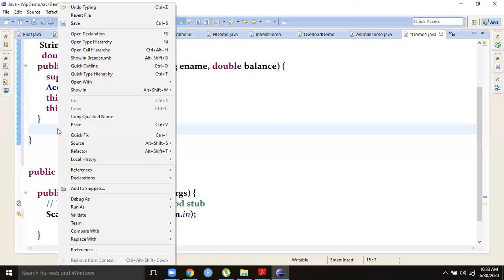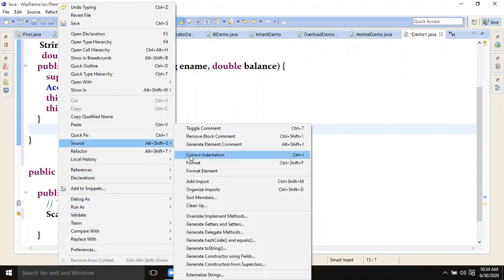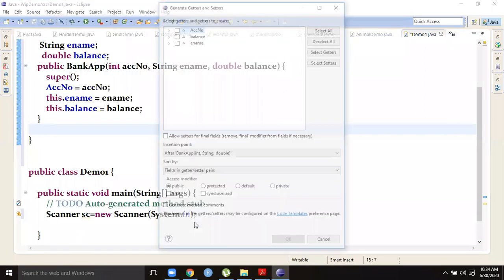Now if you want getters and setters, a getter method will be created for each individual variable: get balance, get name, get account number, like that, with the get prefix. Setters are methods created with the set prefix. So go to Source, Generate Getters and Setters.